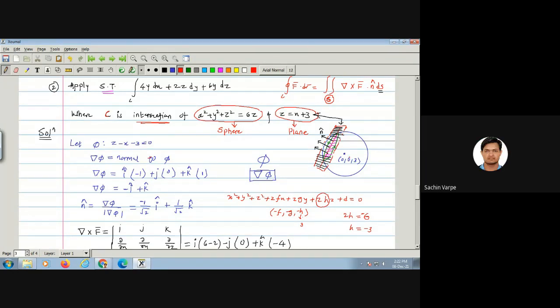Now if we look at this equation of plane z equal to x plus 3, that will get satisfied by this center. If we substitute this center into this plane, it will get satisfied. Yes or no? When we substitute x equal to 0 and z equal to 3, is the right hand side equal to left hand side of this plane? Yes. So that means what can we conclude here? That center lies on the plane. Yes or no? Center lies on plane.